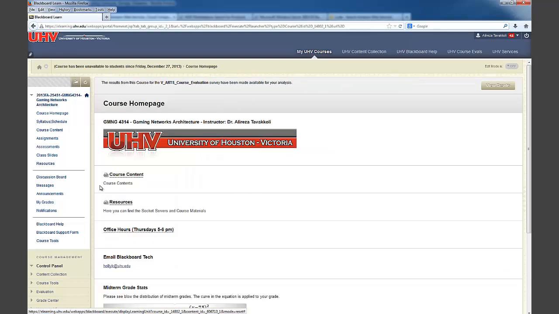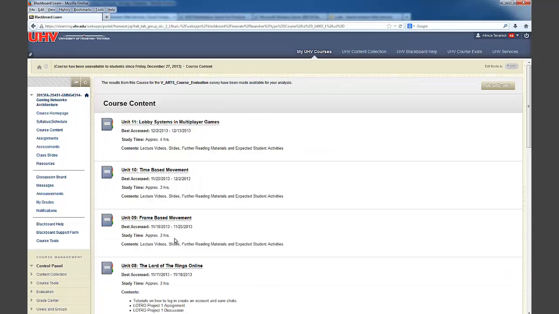Moving back to the course homepage, so again, for the course content, you will be able to see all your learning units populating, and I'll try to put them in chronological order, so the newest ones will be on top, and then you will have the materials there. Now, if you basically do this, essentially every week you go to course contents and go to that unit that's released,